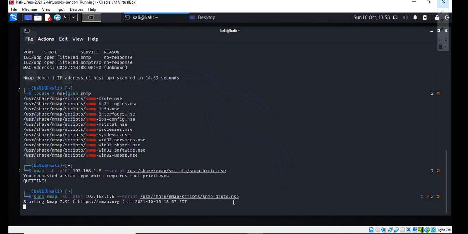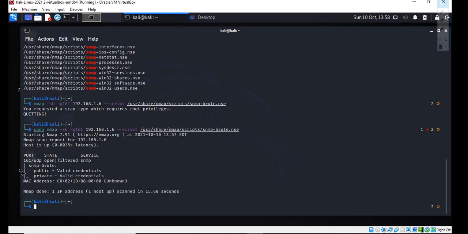Now it's going to list me the community strings which are present in the router, which were given by Tom. So now you can see here the community strings are public and private, which were previously given by the network engineer Tom. So the attacker got to know the community string names here, and using these names he could gain some more detailed information regarding this SNMP configuration which is done in this router.